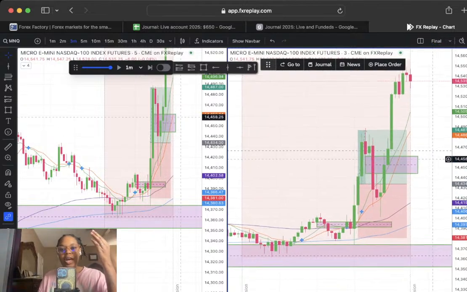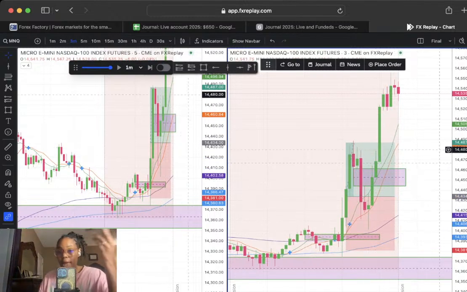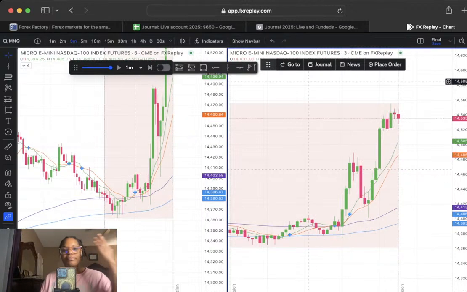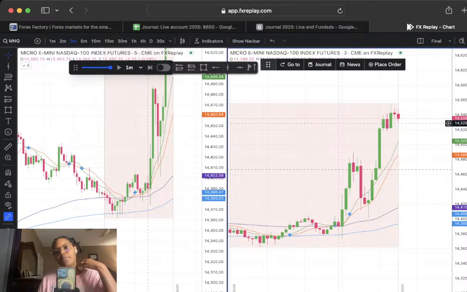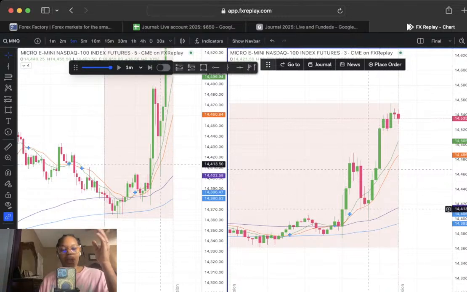Because sometimes you'll get an IFVG like this, but we're in the middle of these EMAs, and then we just range. It's not a bad entry, but we just range. And I was sick of ranging. And I lost yesterday only because I was impatient. I went against my bias, and I traded pure EMA without looking at higher time frames.